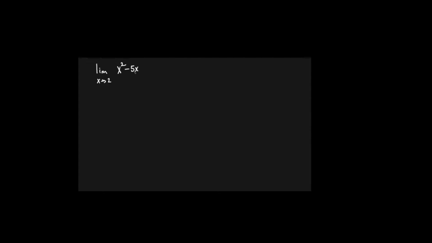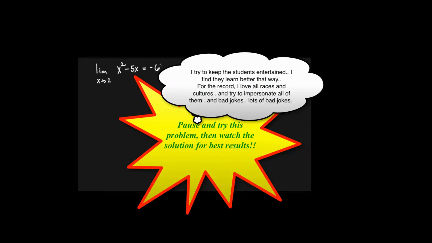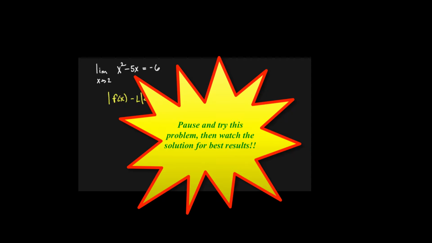This limit shall equal 4 minus 10, which is negative 6. Are you following me? So what is the first step? The first step is the same as before: writing the formula, which is the absolute value of f of x minus L,